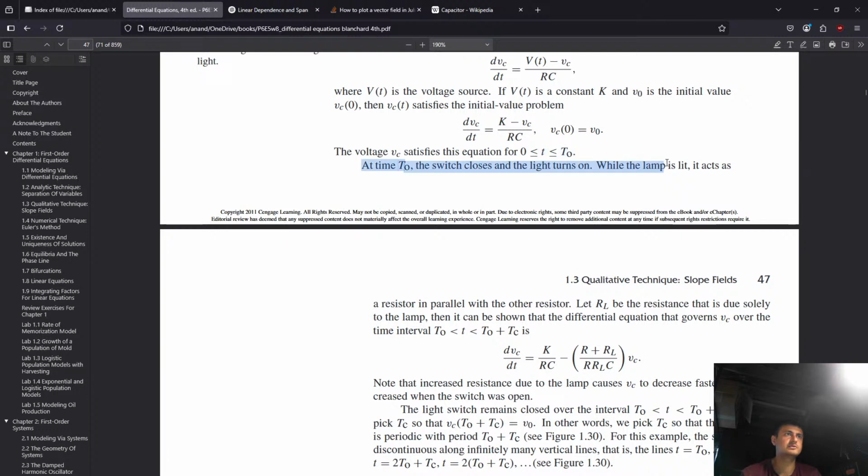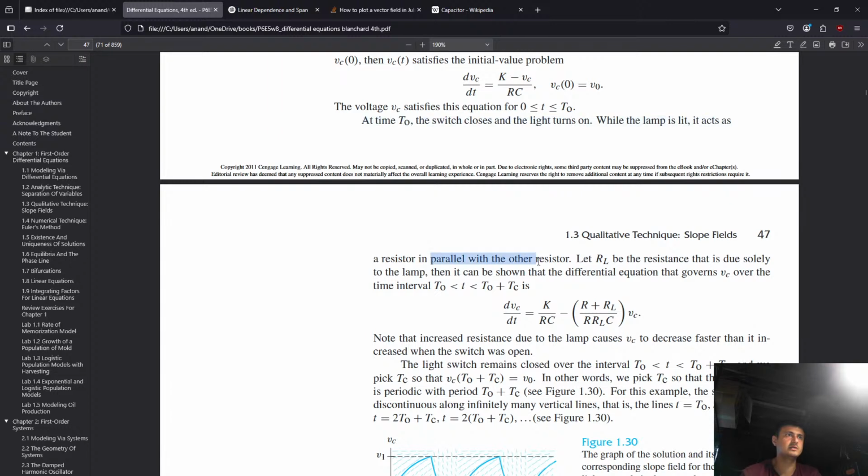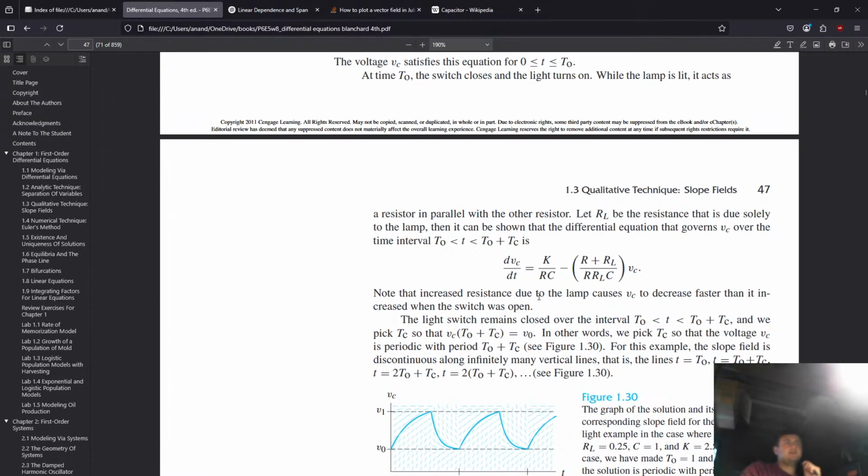At time TO, the switch closes and the light turns on. When the lamp is lit, it acts as a resistor in parallel to the other resistor. Let RL be the resistance that is due solely to the lamp. It can be shown that the differential equation that governs VC over the time interval while the switch is closed is